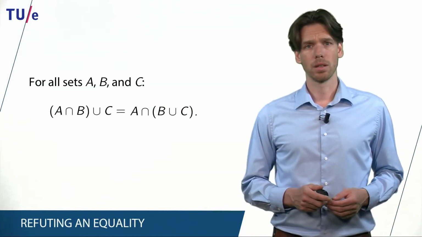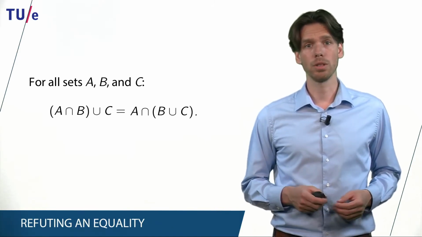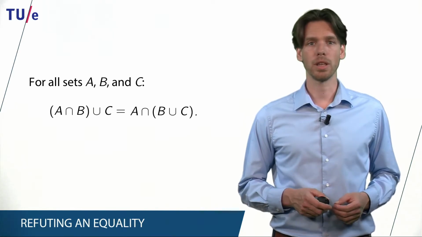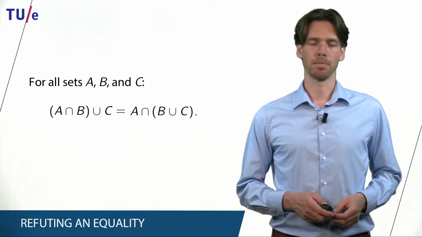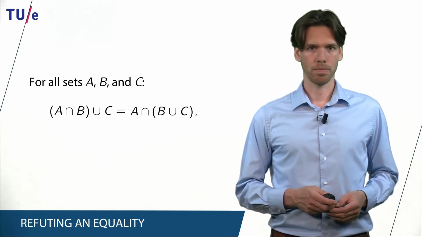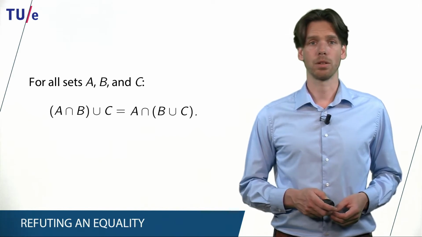In this lecture we shall explain how to refute statements involving predicates and operations on sets. Consider the proposition: for all sets A, B and C, the union of the intersection of A and B with C is equal to the intersection of A with the union of B and C. This is a false proposition, as we shall show in this lecture, and to refute it we shall give a